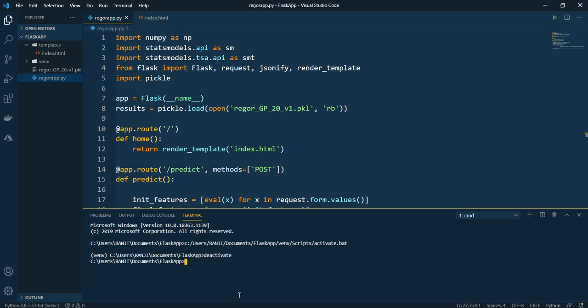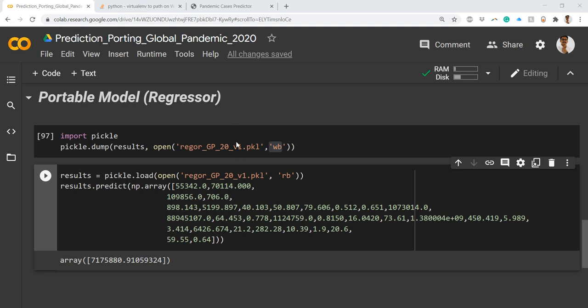I have done all those things for my model building, or for building this web application. Now after this, once you have installed all the libraries which are relevant to your web application, you need to create a virtual environment. Creating a virtual environment is done this way.